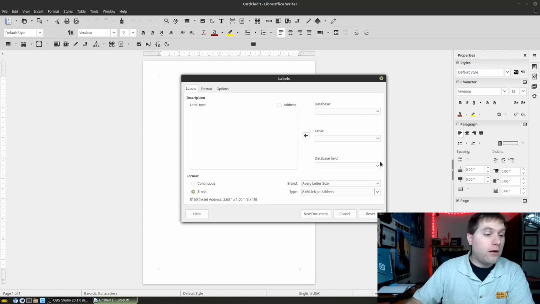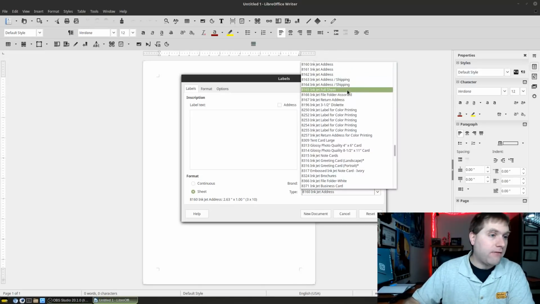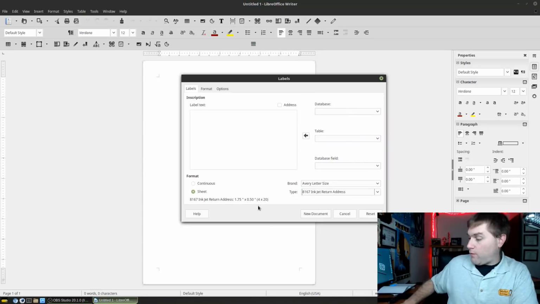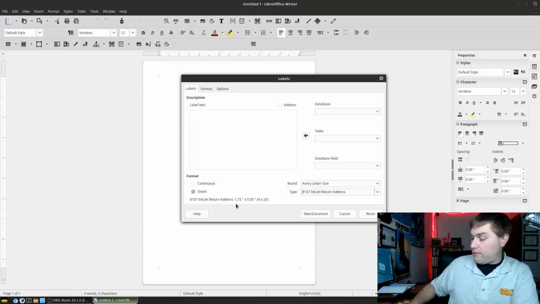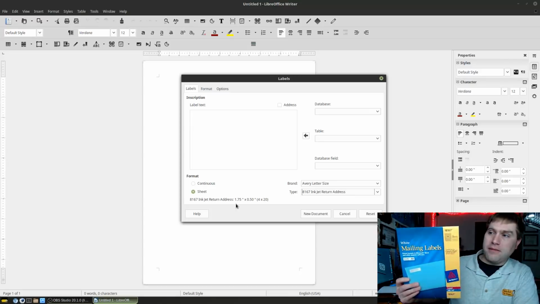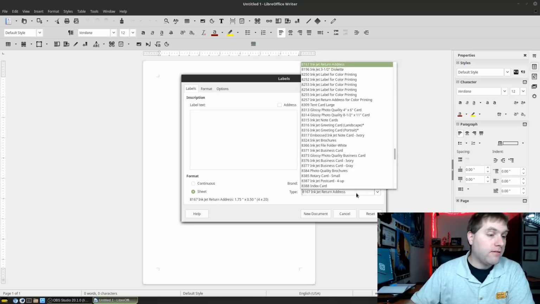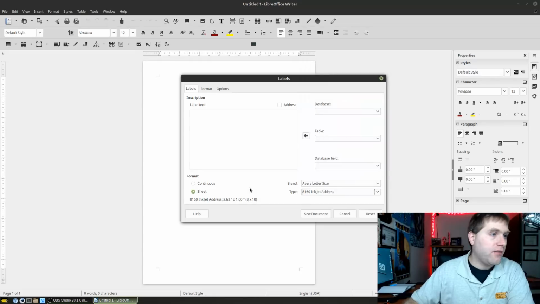Now I have another one, which is my 18167. So if I grab 8167, let's see, 4 by, so that's 80 of them total, 1.75 by 0.5, and that's exactly what this one happens to be. So that's actually what we did. We just grabbed the template right from there. So we'll actually go back and use the bigger one that I showed you first, which is the slightly larger